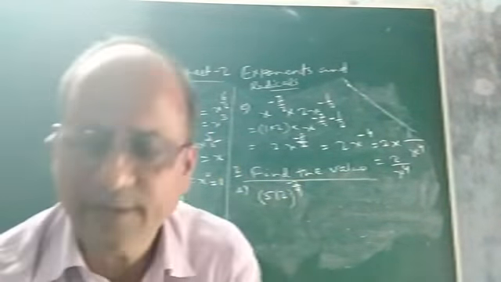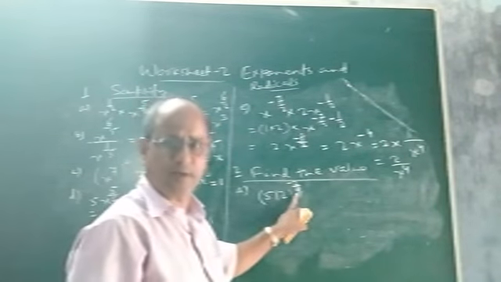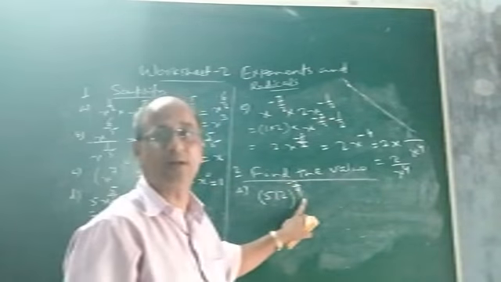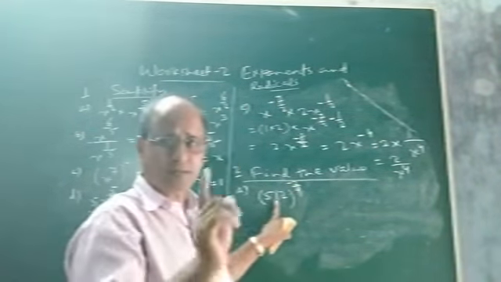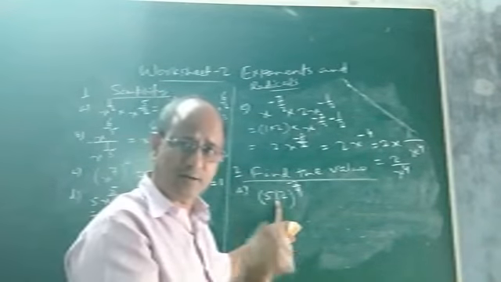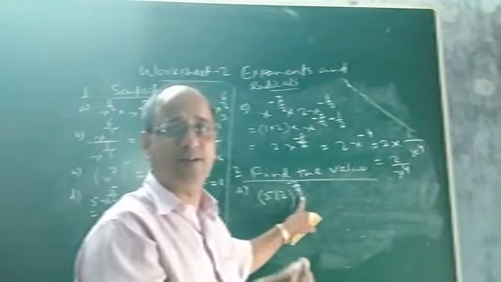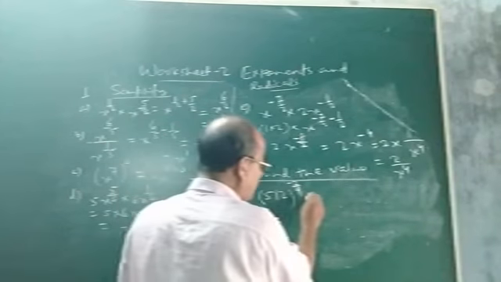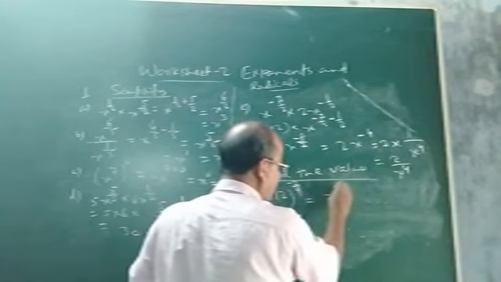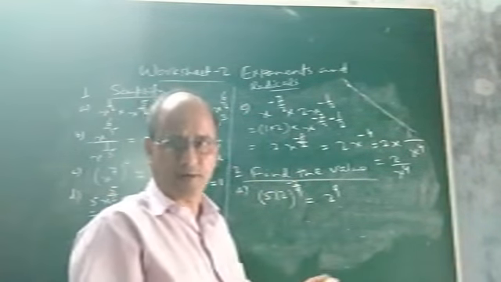Let us see. In this type of question, children, what is the trick? Let me tell you. Look at the exponent. The exponent is minus 2 by 9, and what is the denominator? 9. So this 512, which is the base, must be expressed as an exponential term whose exponent should be 9, so that this 9 and that 9 can be cancelled. So this 512 can be written as 2 to the power 9, because if you multiply 2, 9 times, you will definitely get 512.